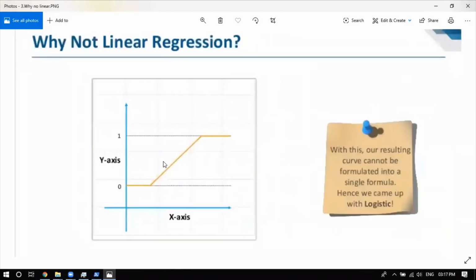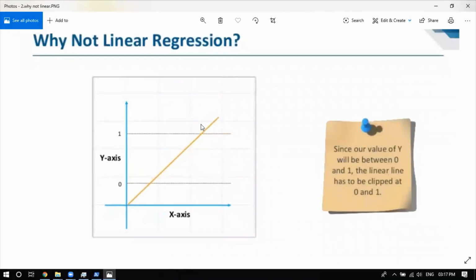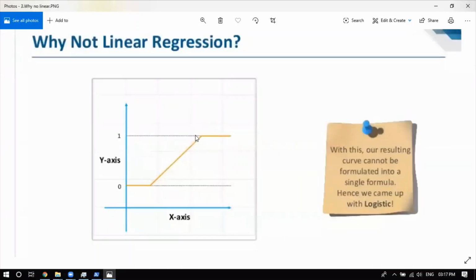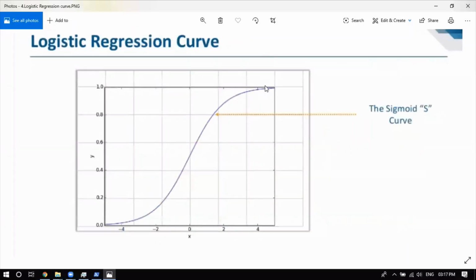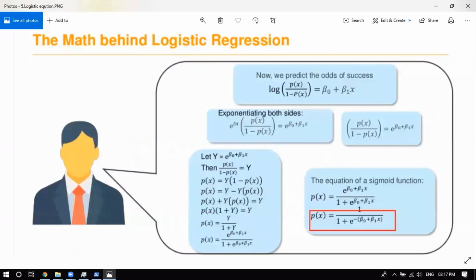As you can see, what we're trying to do is take this line and put it in that function to make it something like this. It's not going to be a straight line; it's going to be a sigmoid curve like this. If you make that graph, it will always be between 0 and 1. The range never goes beyond 0 or 1; it's always in between. That's why it gives you a probability of what's going to happen. This is the math behind it.